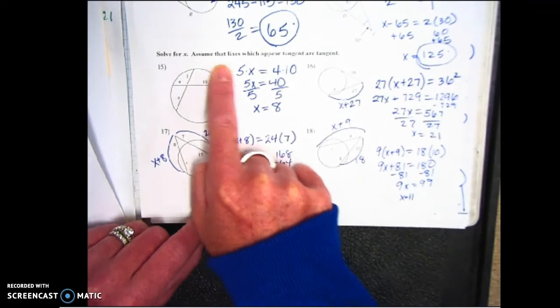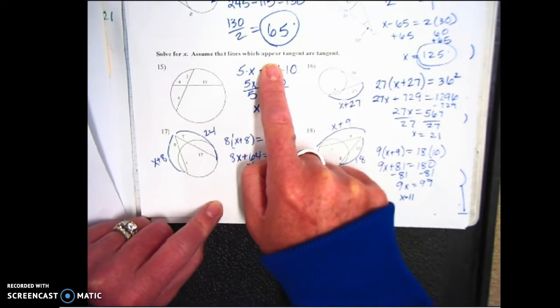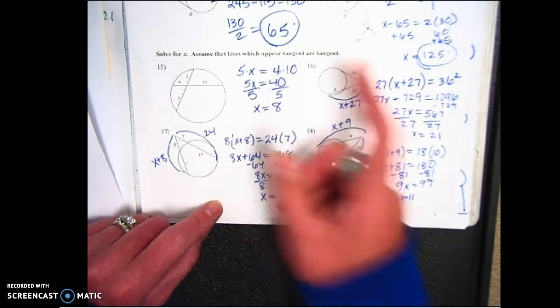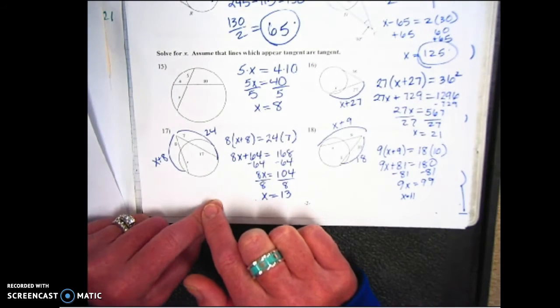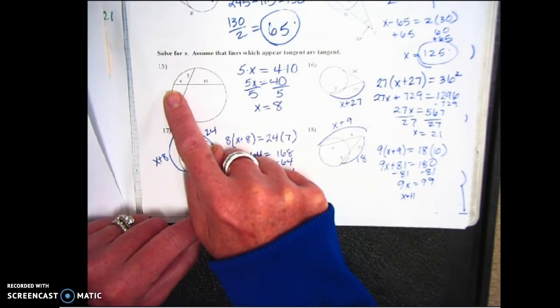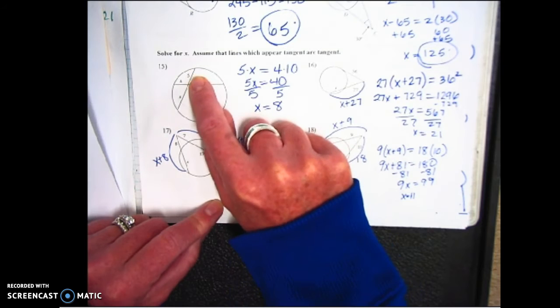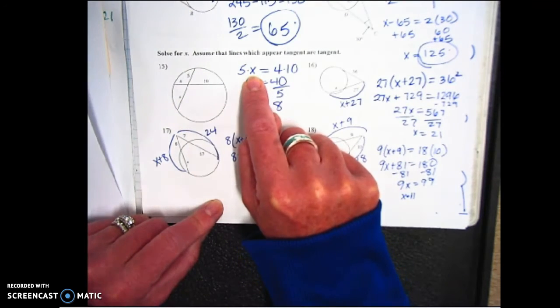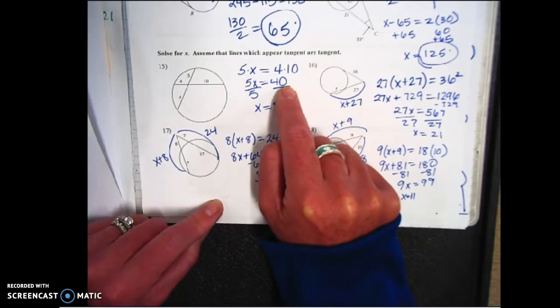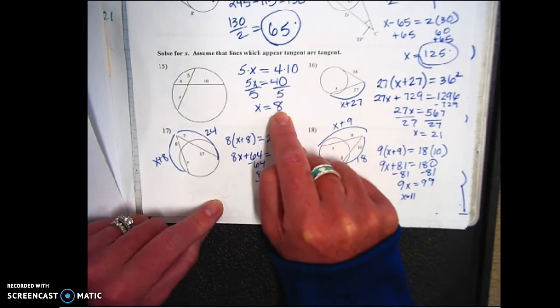Down at the bottom are your segment relationships inside of circles. So they want you to solve for the variable. And anything that looks tangent is obviously tangent. Okay? So the first one is the chord product theorem. So we're going to multiply this piece times this piece, which is the 5x. We're going to multiply this piece times this piece, which is the 4 times 10, which is 40. Divide both sides by 5, so we get